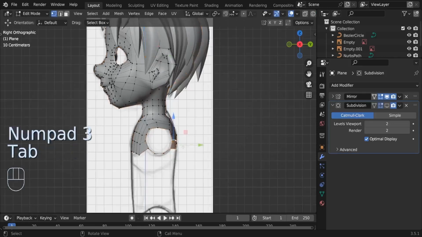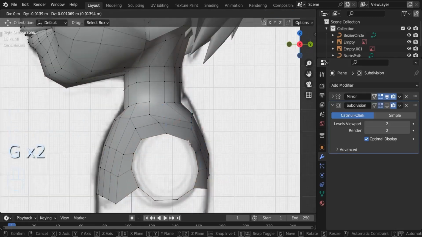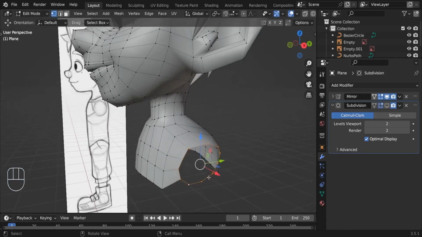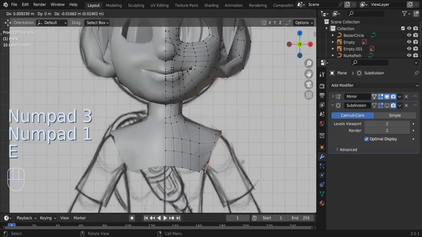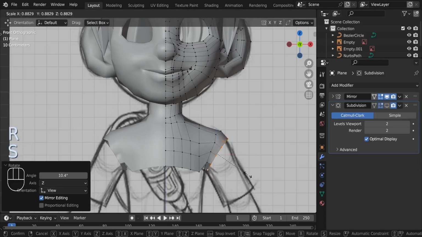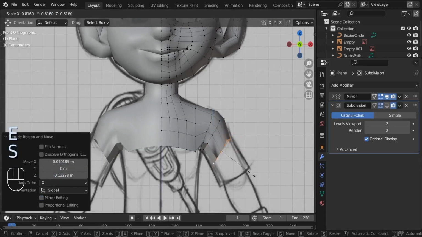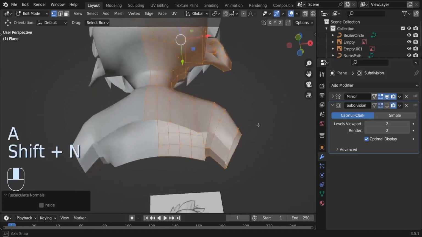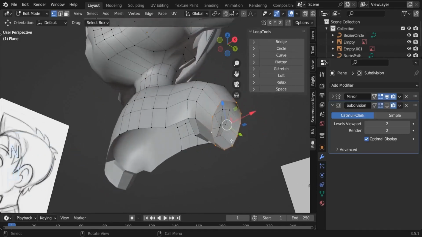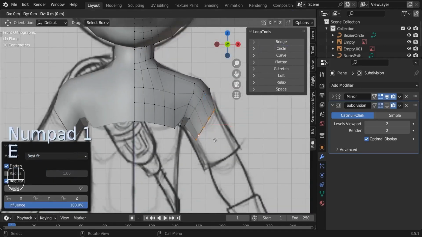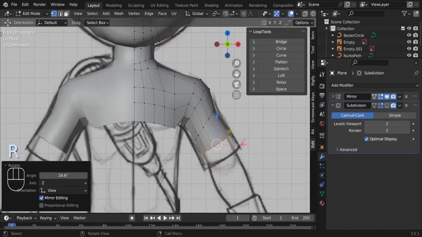So next let's work on the arms. For the arms, let's also try to align them even better. I'm gonna press Alt, make sure to include these vertices at the bottom, press 3, or actually 1. Okay, extrude it like this. You can spin it, scale it down, extrude again, scale down again here. Also, let's make sure that our geometry is fine. We can select everything, try Shift N to flip the normals. Also here we can try to make it circle. You can click on circle to have it circled like that, and let's extrude again here, spin, scale down,